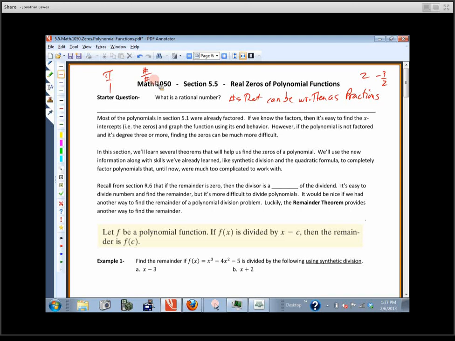Clayton? Whole numbers, positive or negative. Positive or negative whole numbers, and one other thing. What's in between the positives and negatives? Zero. That's the best way to describe what integers are. Positive and negative whole numbers, including 0. So numbers that we really like.